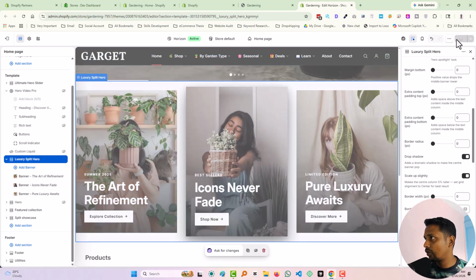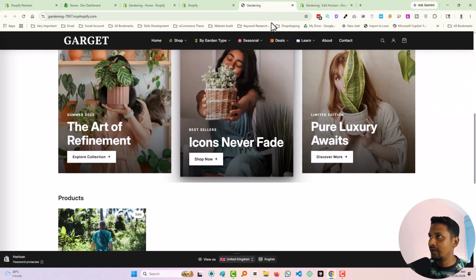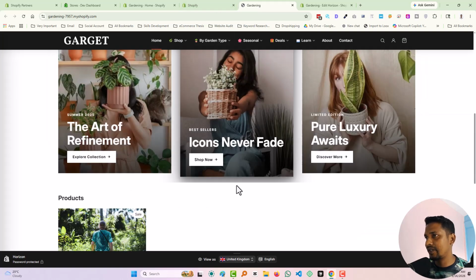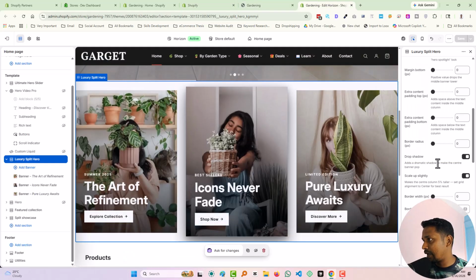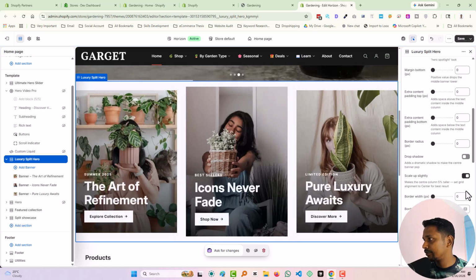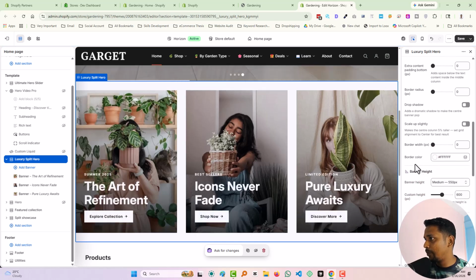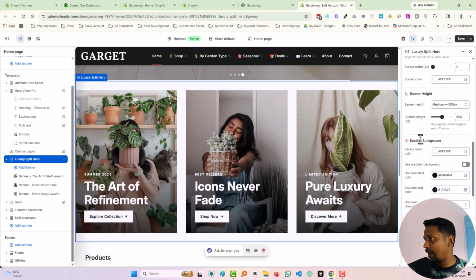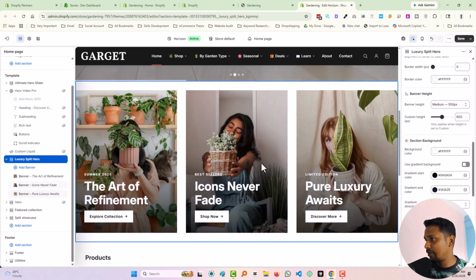Let me show you so far. You see, but for the next section, the color must match this section to display the drop shadow perfectly. Okay, then we have more options like border color in here. Banner height, we can set banner height in here. Custom, full screen, large, medium, small. Then custom height we can set